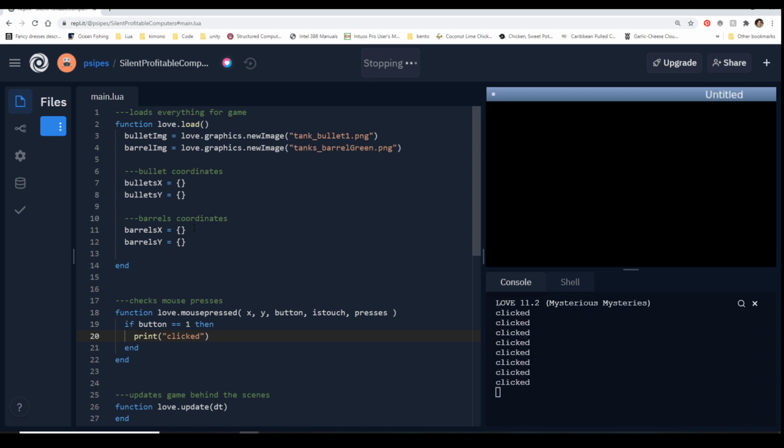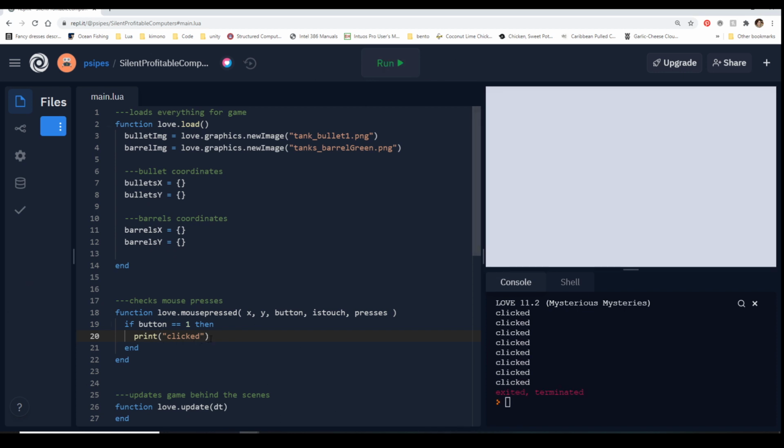And so now that we know that works, again, this is about testing as we go, we can say, okay, what we really want to do instead is get that x and y value. So we have these parameters x and y, and these are your mouse press x and y. This is where you're pressing. So instead of saying clicked, how about we do print x, and then print y.